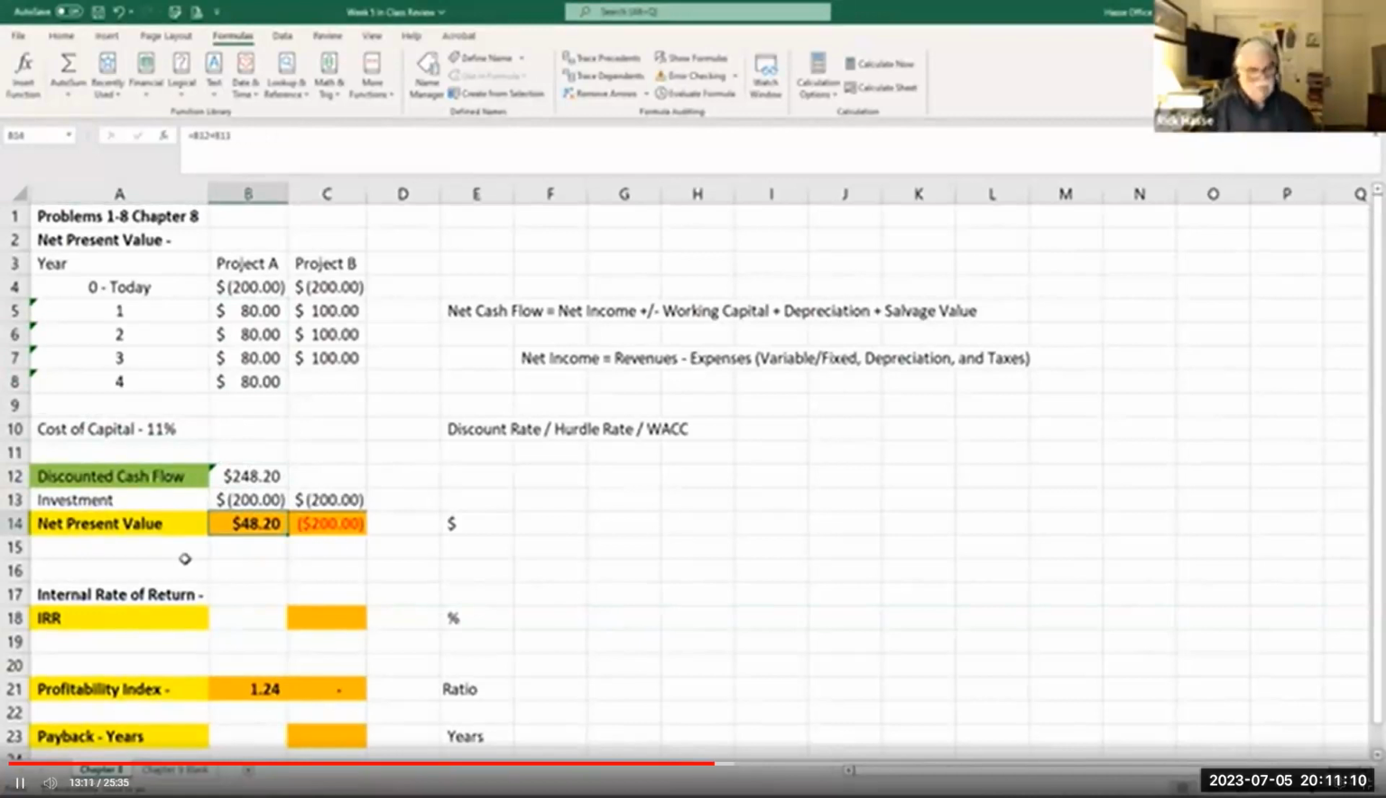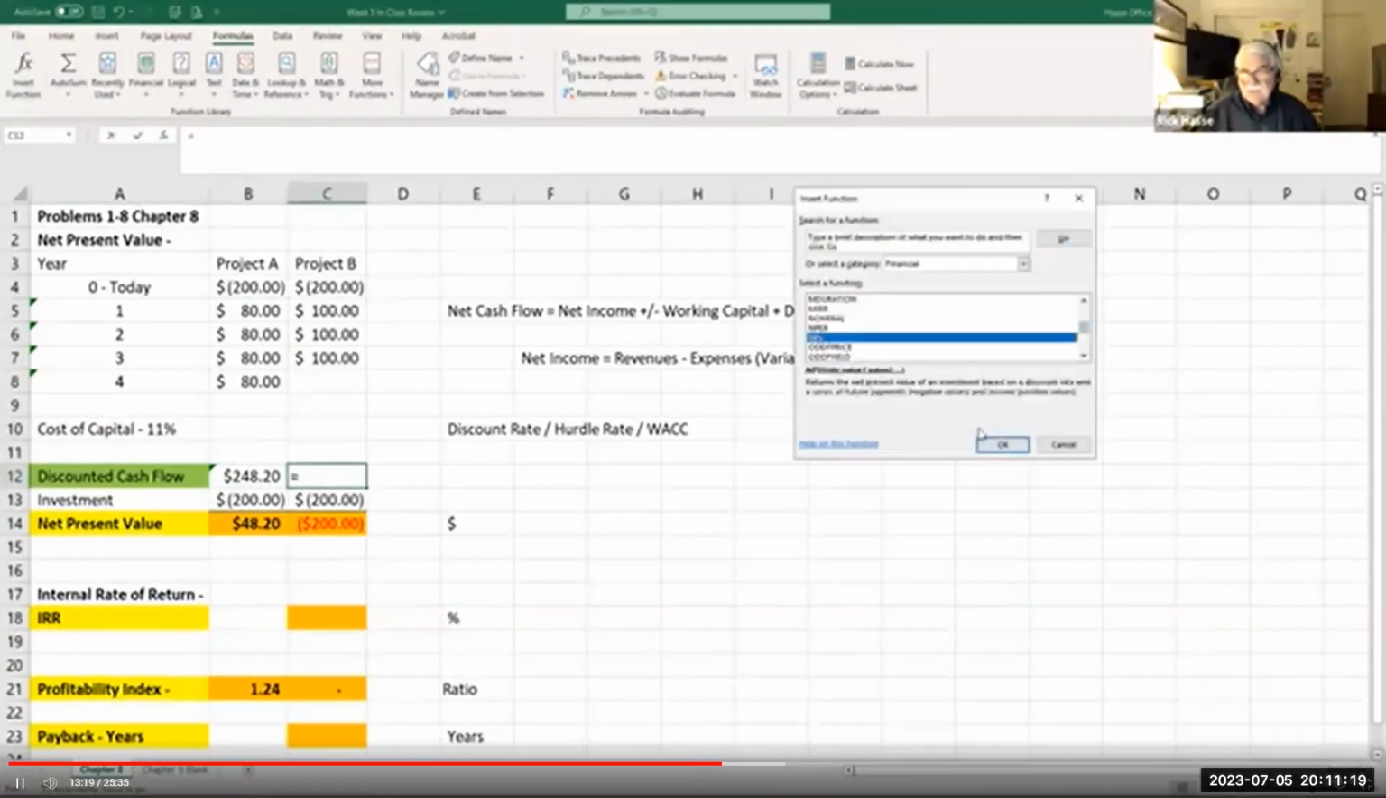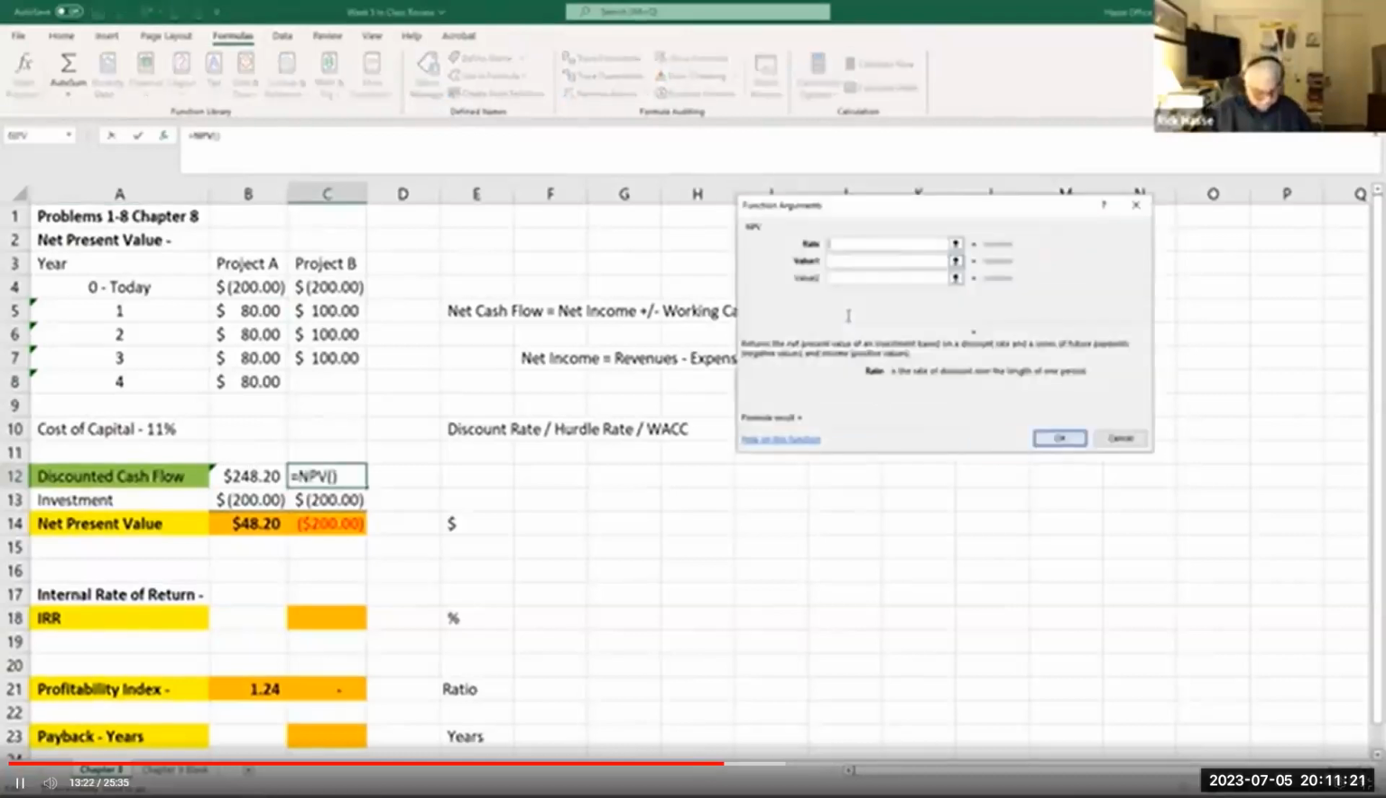Let's do the same thing for project B. Formula, function, financial, net present value, same cost of capital, 11%. And now the values are from year 1 through year 3, the $100, C5 to C7. There's our $100 payments or inflows. Hit OK,